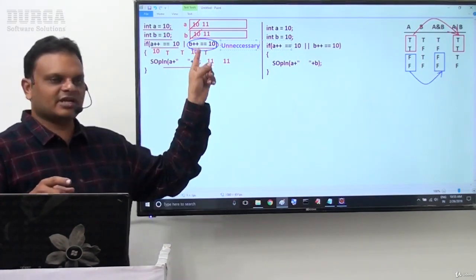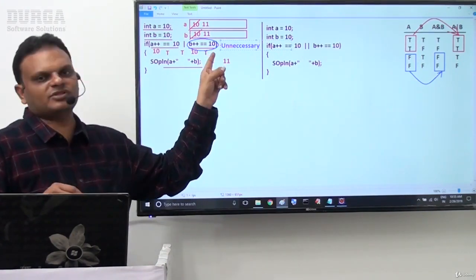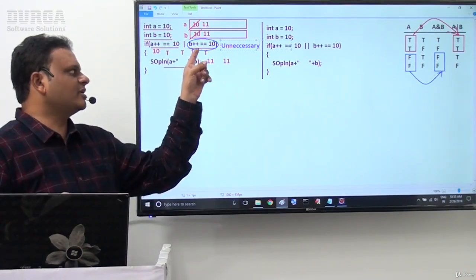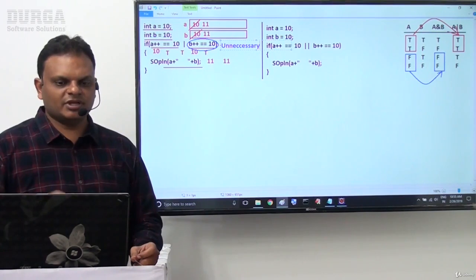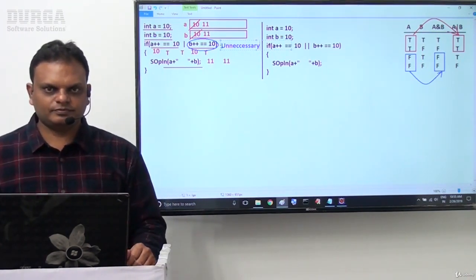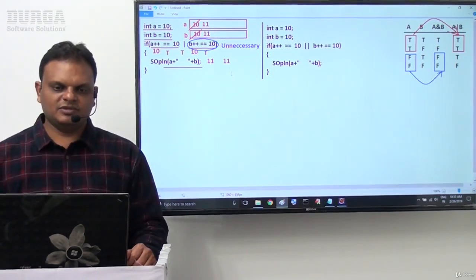JVM must go for the second operand, JVM will execute the second operand and get its result. After that, on the basis of the comparison between the first operand result and the second operand result, it will get the result of the overall expression, then it will evaluate the respective if body. This is unnecessary execution in the case of single OR.